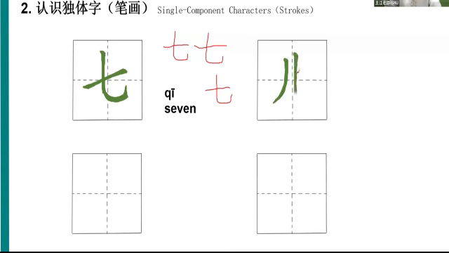Please take a look. There are only 2 strokes. Look, please take a look. 1, left falling and vertical curved hook. So what's this Chinese character? It means sun. Okay, let's write it together. Left falling and vertical curved hook. Left falling, vertical curved hook. Okay, it means sun. Have you got it? Left falling, vertical curved hook. Okay, let's go on.